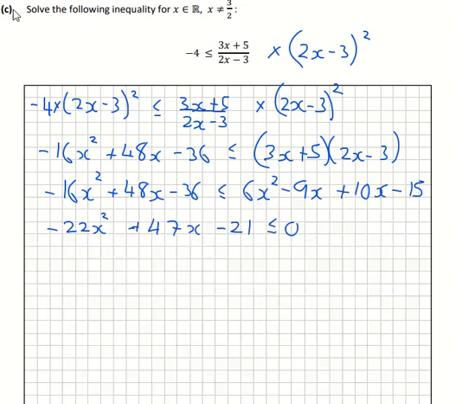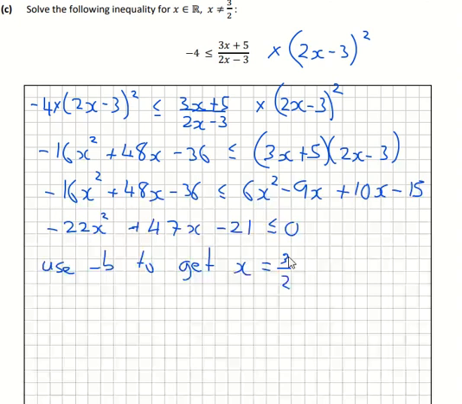Now we're going to solve this quadratic. At this point you can multiply across by minus 1 if you prefer to make it positive. There's no obligation on you to do that, you can just proceed as normal. So we use the minus b rule to get two values for x. Your two values of x are 3 over 2, so that's just using the minus b rule, 3 over 2,